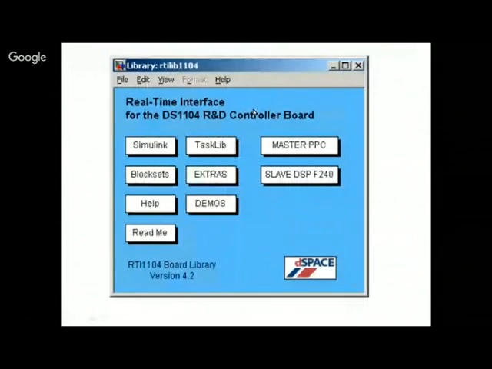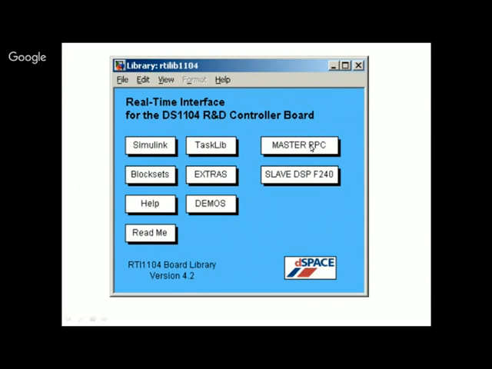Okay, the specification of the D space processor. And this is your library window. Yesterday also when I showed you Arduino, after installing the target installer a window opened which has a lot of parameters. So here when you go to the MATLAB environment and give RTI, real time interface, simply give the command RTI, this window will open. Okay, so this is the library in Simulink library.